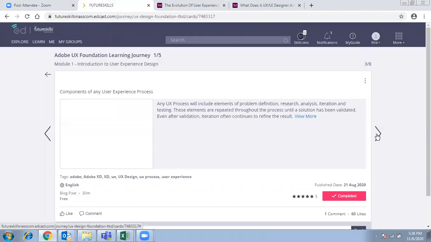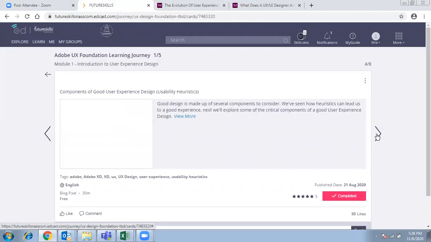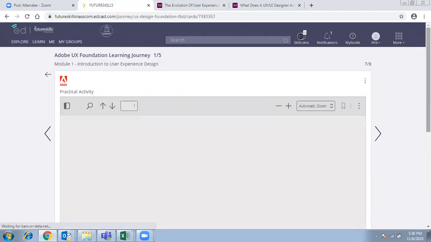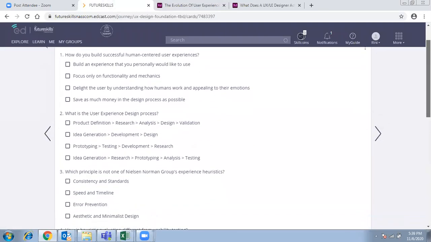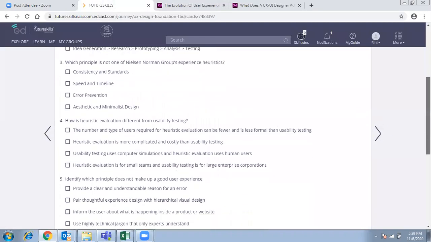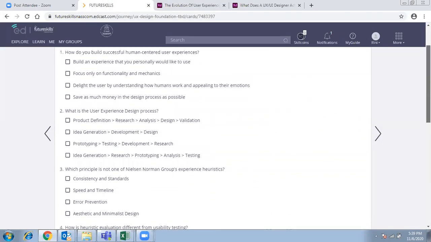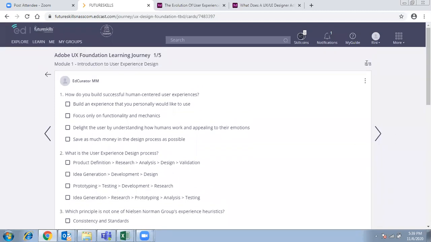So you need to repeat it for all the modules 1 to 5. I'll just show you. You need to do it for all, and the last card, which is a quiz, you can leave as it is. Swati will be taking that up today, but as of now you can leave it as it is. The eighth smart card, leave it as it is. The rest you need to mark as complete.